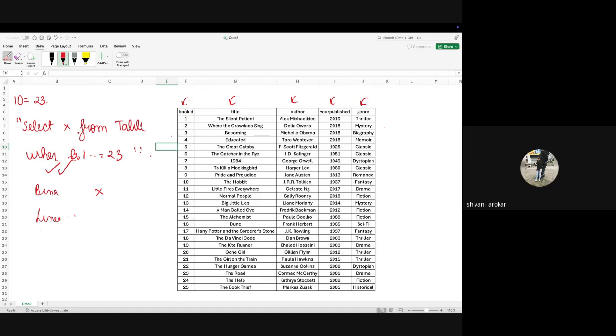So do you mean to say that indexes use the binary search algorithm behind the backend? Yes. That's why. So an index uses a binary search algorithm in the backend. That's why it becomes efficient when you write a SQL query using indexes. It's an efficient way of writing a SQL query.